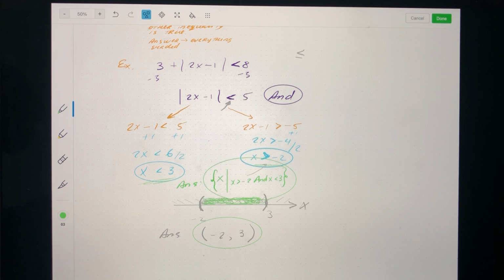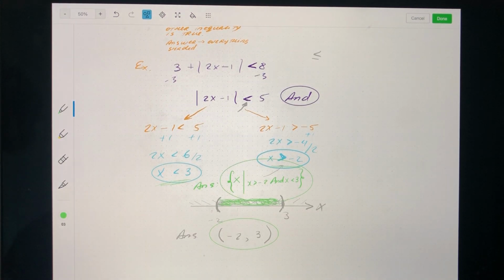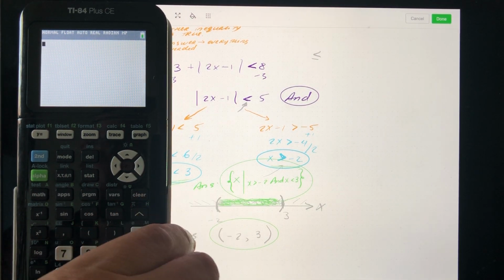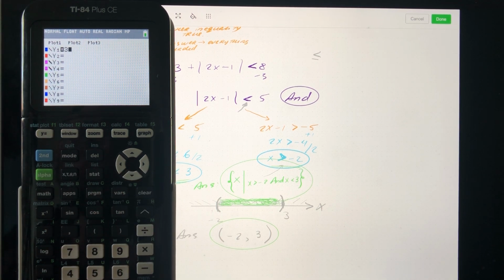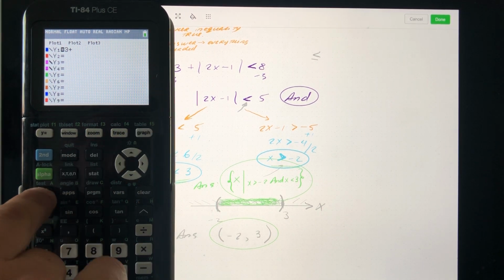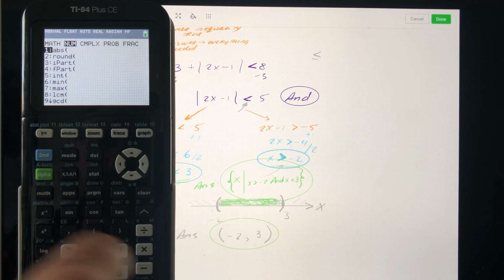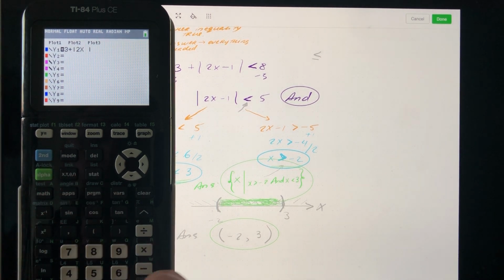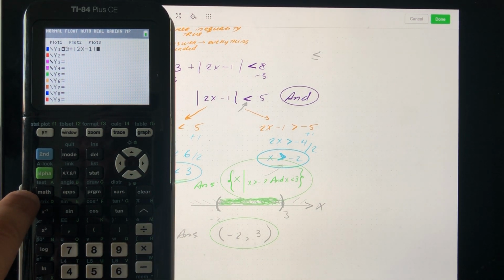We could also check the shading with a calculator. So if we go back to the very beginning, to our original inequality, let's type it in the calculator and see if we can verify this answer. So here is y. Let's type in 3 plus, then to get absolute value we can go to the math, scoot over to the NUM, that's numbers. First choice is absolute value, enter. 2x minus 1,